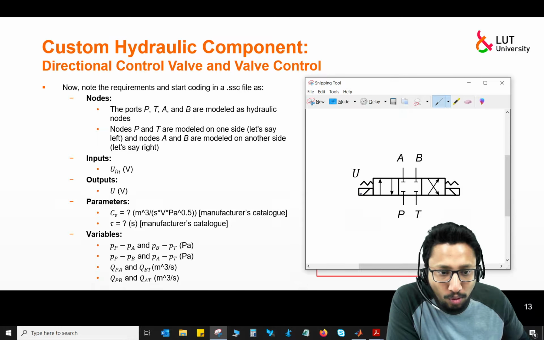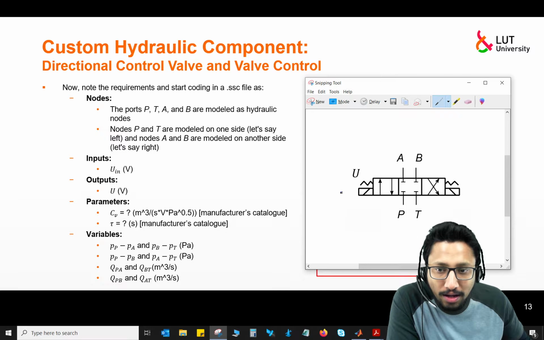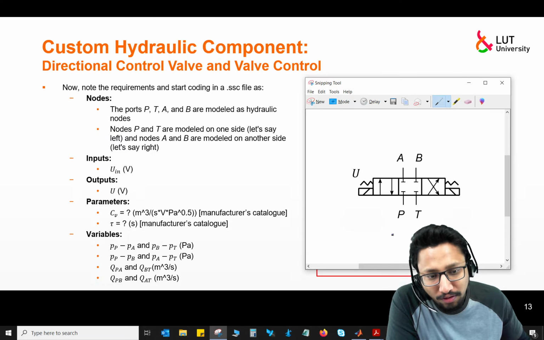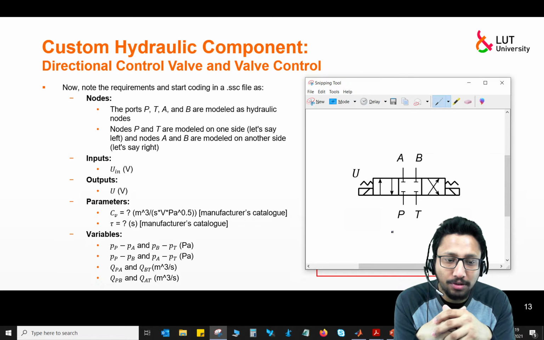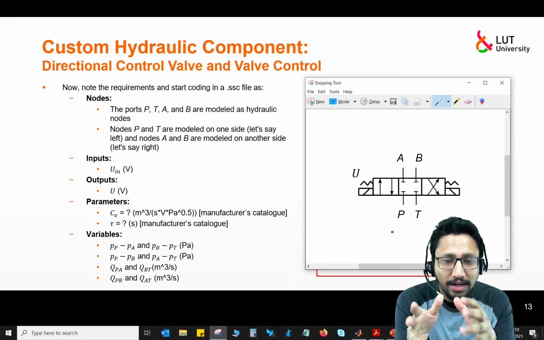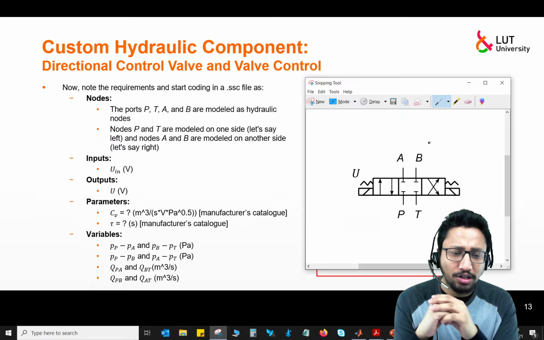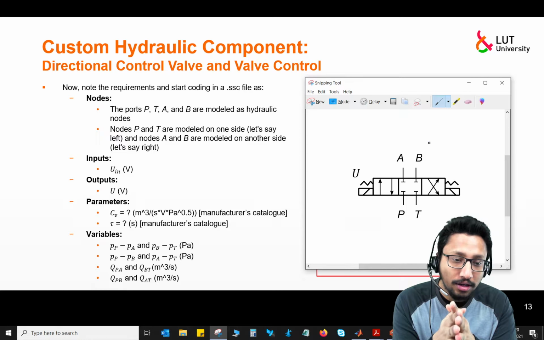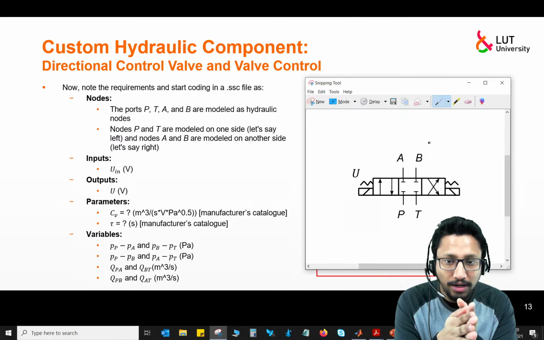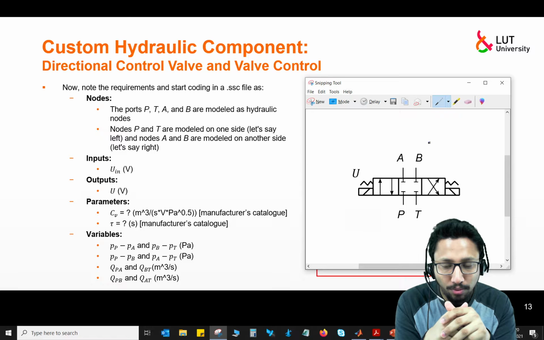In this case, the ports P, T, A and B are modeled as hydraulic nodes, where ports P and T can be on one side of your SimScape block that you are defining. For example, let's say P and T can be on the left side and A and B can be on the right side. Those left and right sides are just for representation, but it is crucial that you specify which side, or else the code will not know on which side the port should be available.